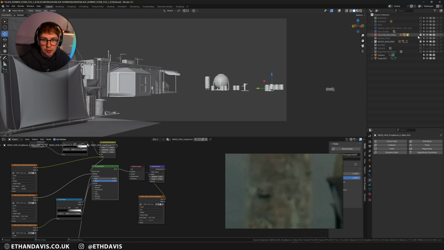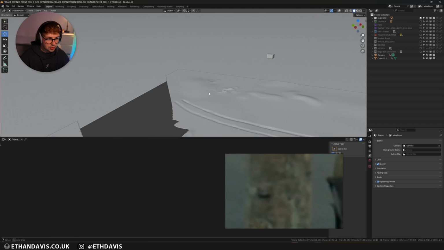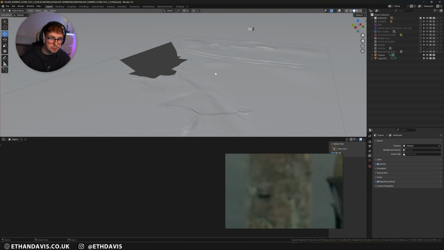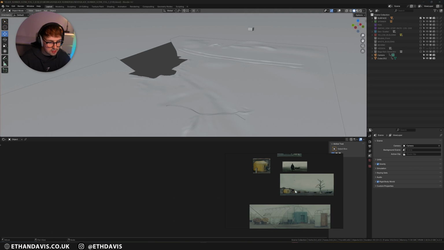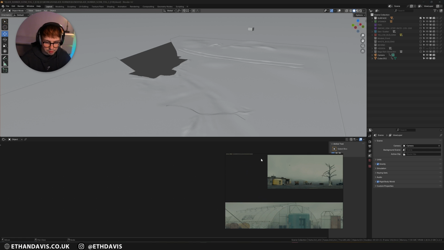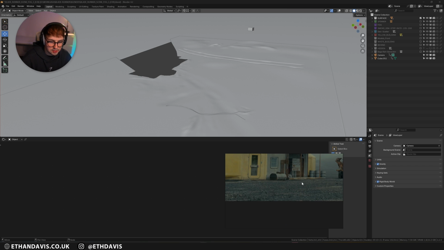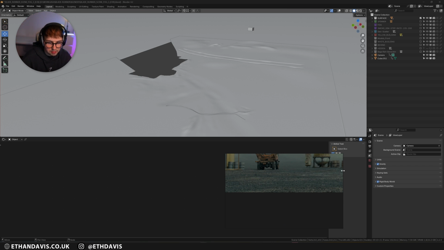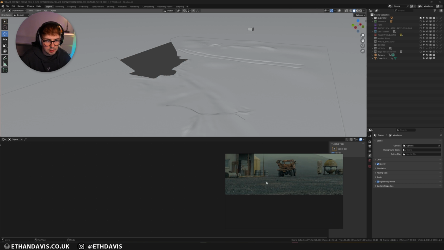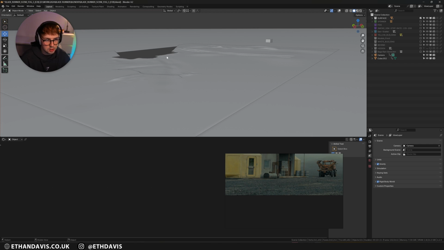So if I turn off all my buildings and I go into surface, you can see I have my surface here. And again, with this, I've modeled it based off reference. I did actually have a reference from the top, but I seem to have lost it. But I tried to do the tire tracks which were there, and then try to make it a little bit bumpy, and then also try to add a little walking path, which you can see here.